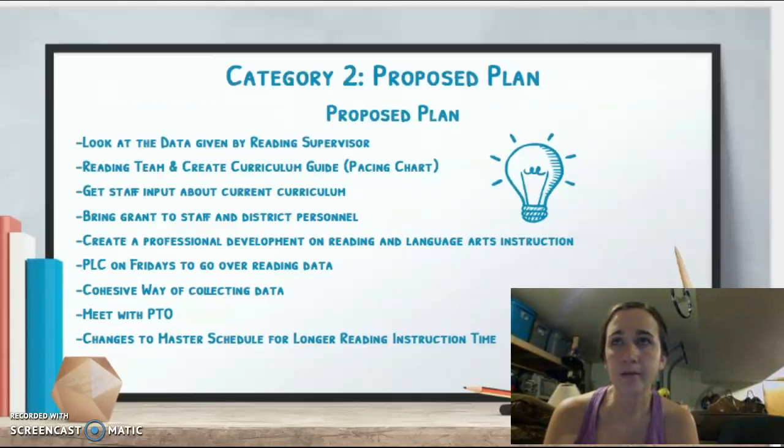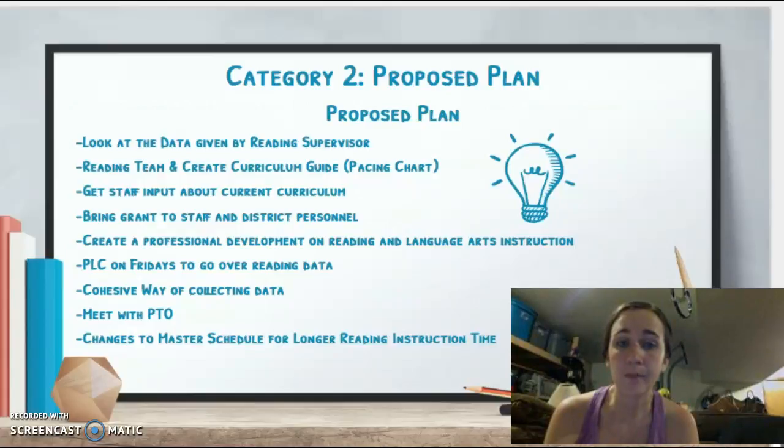I would get staff's input about the current curriculum, so what they like, what they don't like, and what they would like in a new curriculum. And then I would bring up the grant to staff and district personnel and get their thoughts and input on it as well. I would then create a professional development on reading and language arts instruction to get the best practices that need to be for reading and language arts, and make sure that teachers are also teaching to